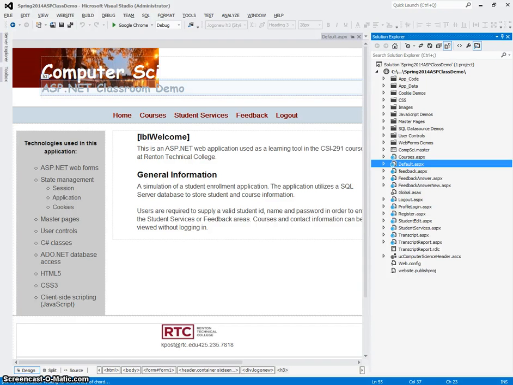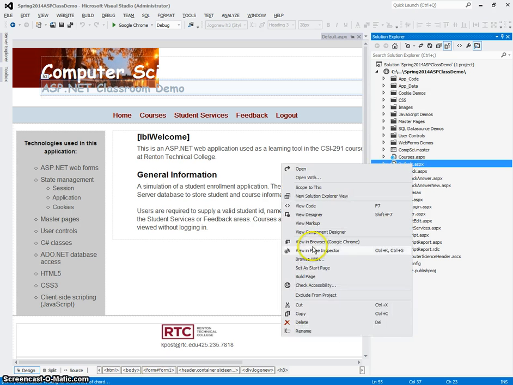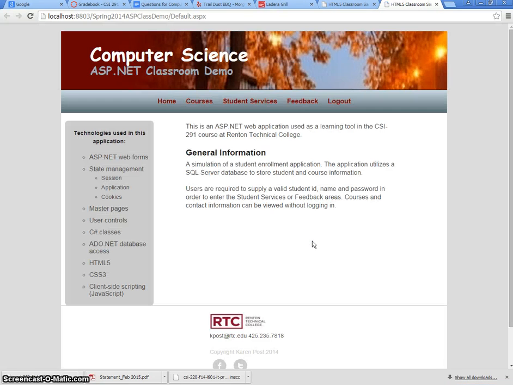Hi guys, today I'd like to show you how to create a master page out of the default page that we already have in our computer science demo. So you can see that I have the default page up and I'm looking at it in design view. When I view this page in the browser, which we'll do here, you can see that there are some areas